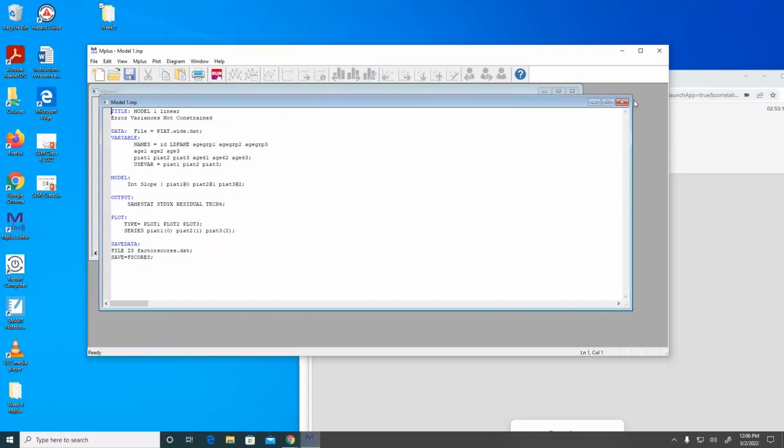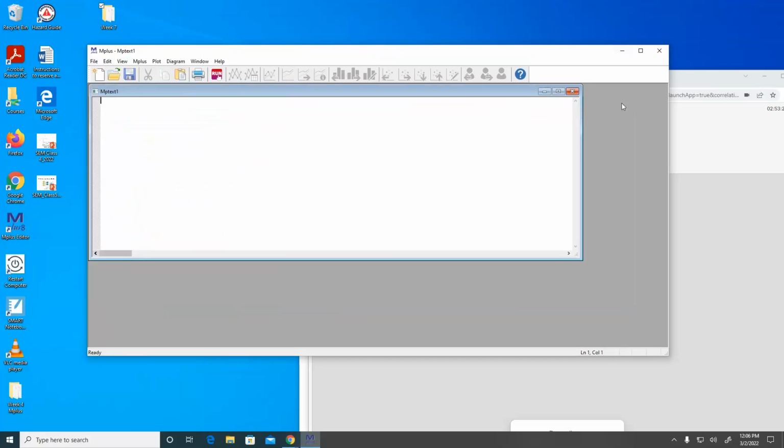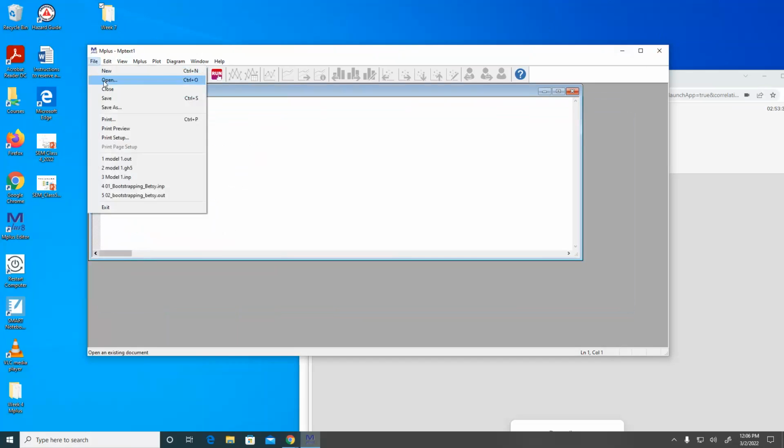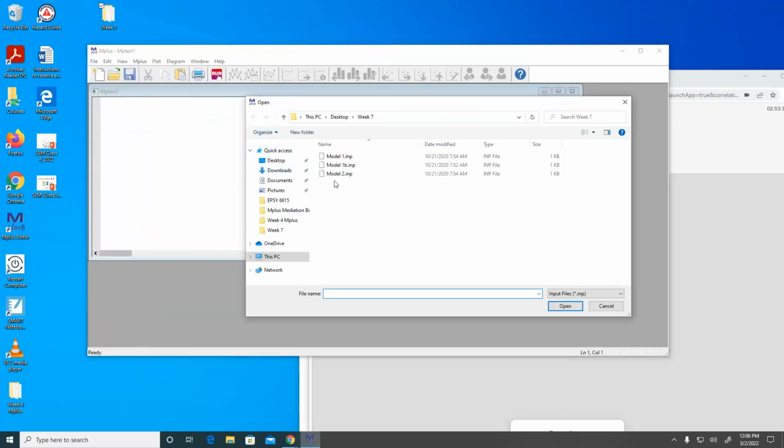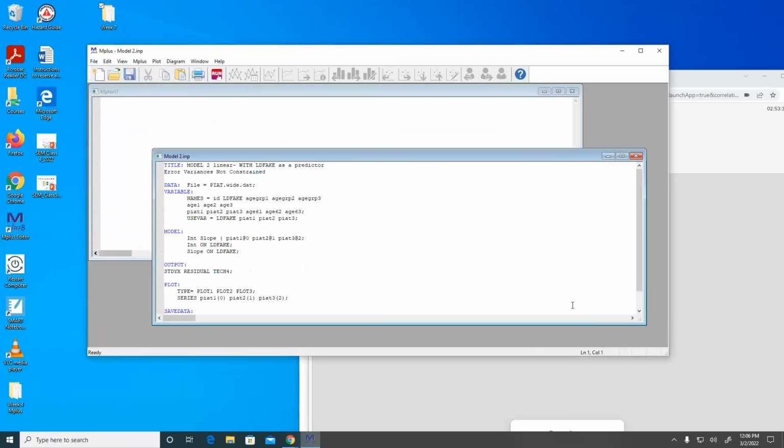So let's go to model 2, though, because this is the one that actually has a predictor in it. This is important. Now things are going to change. So let's open model 2. This is what I'm talking about. Ooh, okay, it's not going to be SES, but what we've got now is a variable called LD